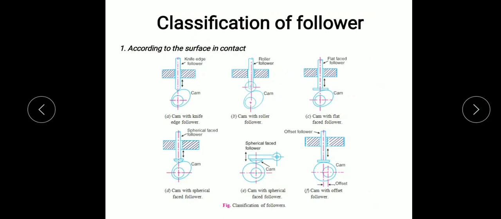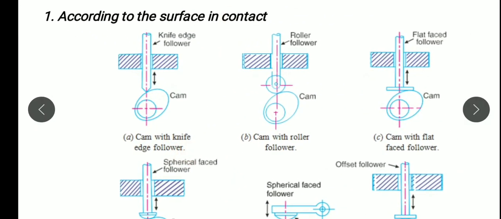First of all, the follower will be classified according to the shape of the follower. We can go through the slide. First one is the knife edge follower. In the knife edge follower, you can see the end point of the follower will be a sharp edge or pointed edge, so it is known as knife edge follower.